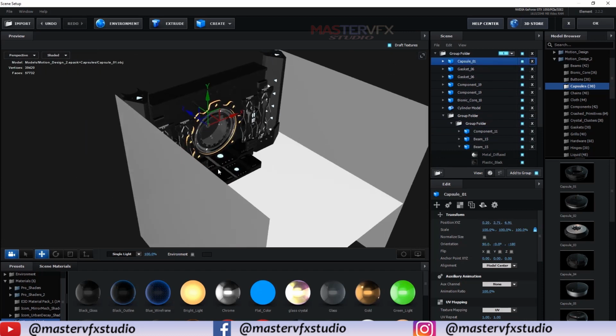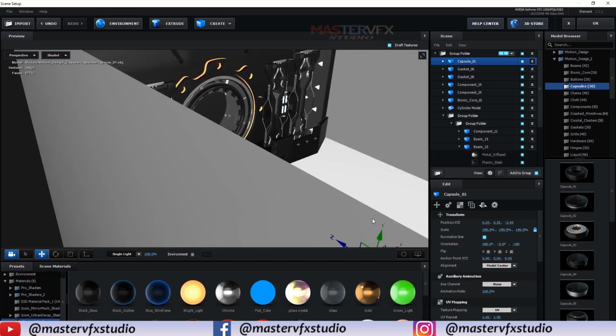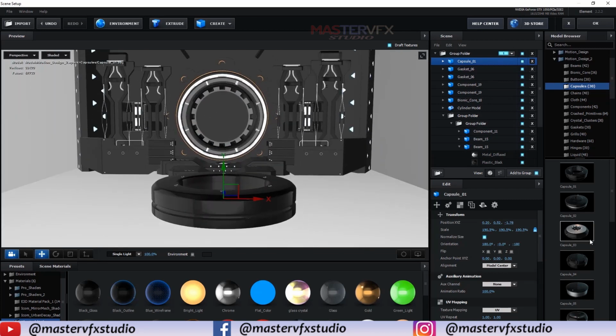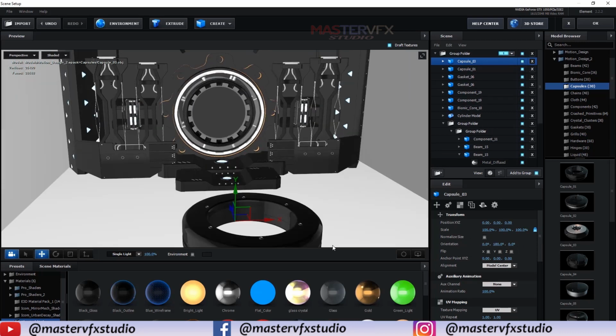Okay, normalize it, scale it up, rotate it 180 degrees and scale it up and put it here. And also select this capsule number 3, just normalize it, scale it up.